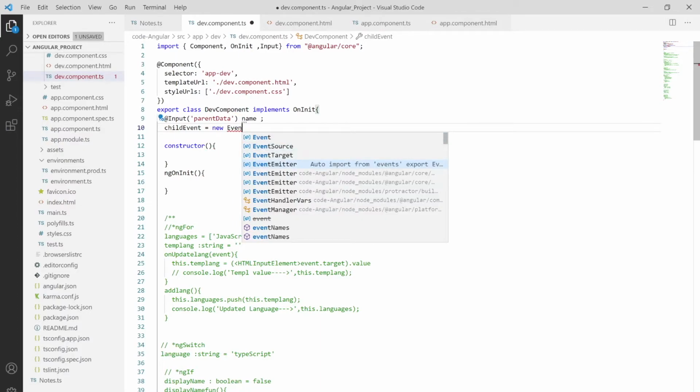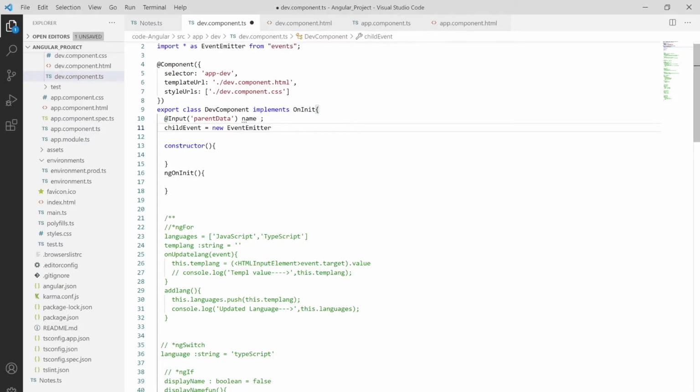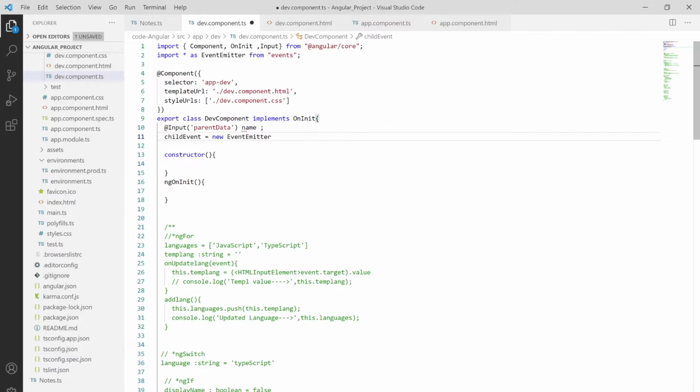As you can see, it will import this when I use it. If I use this over here and save it, it also imports this as an event from events over here.